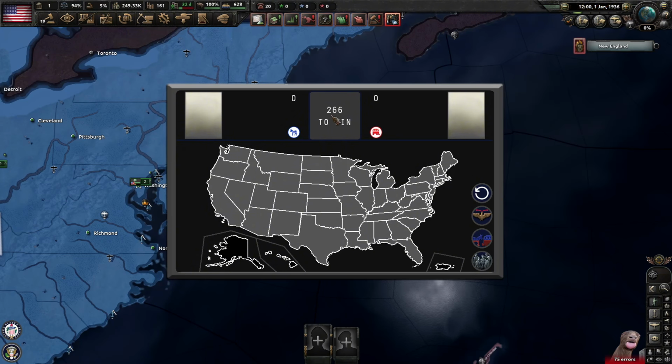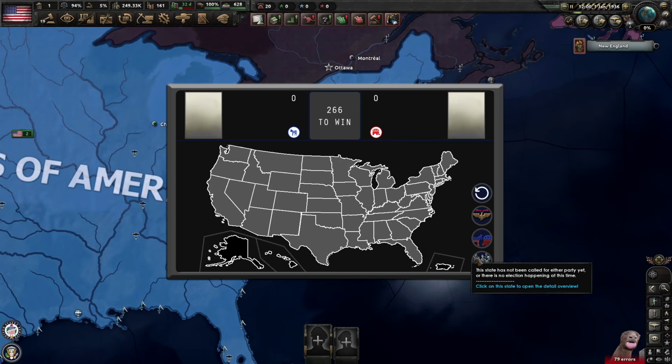This also changes based on how many states. So like if I admit these guys to the union, this will change to, I think, if you add all of them, 271 to win. In real life right now in the US, it's 270, of course. So that's very cool. Or if you don't want to look through every single one of these states, you can